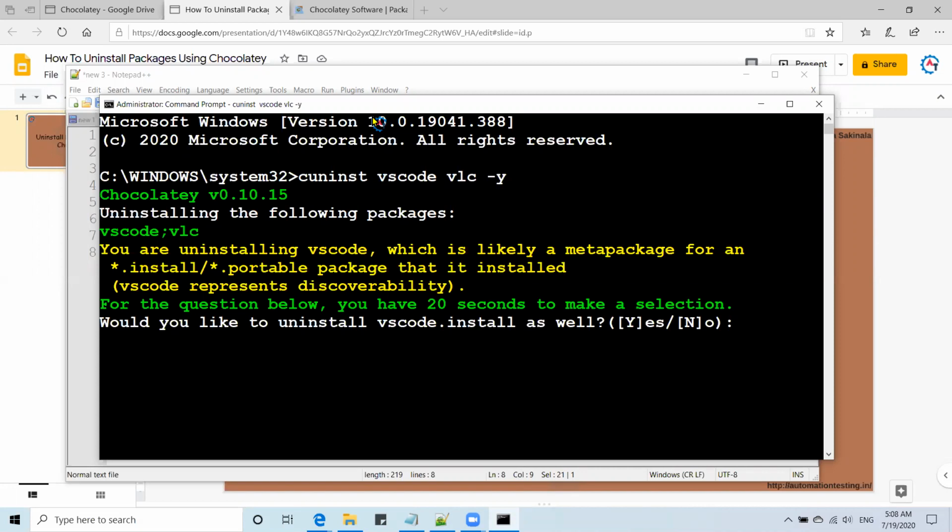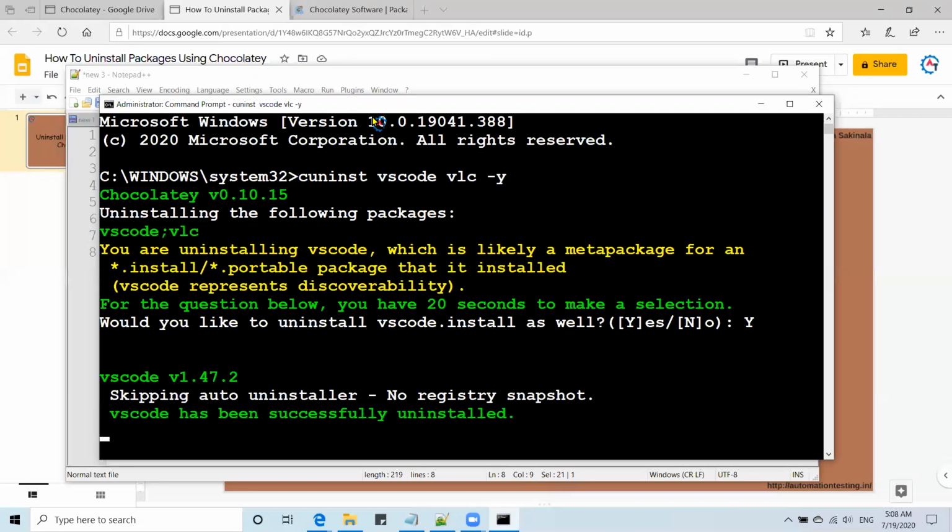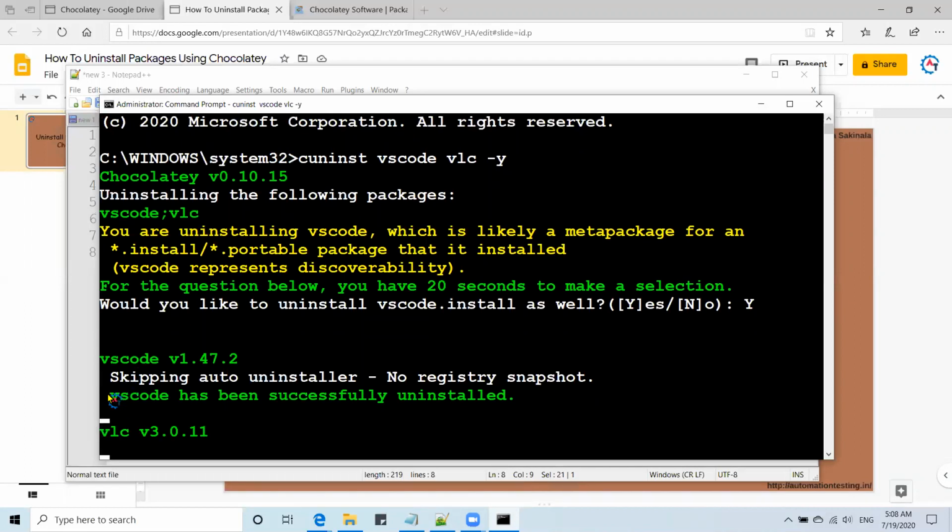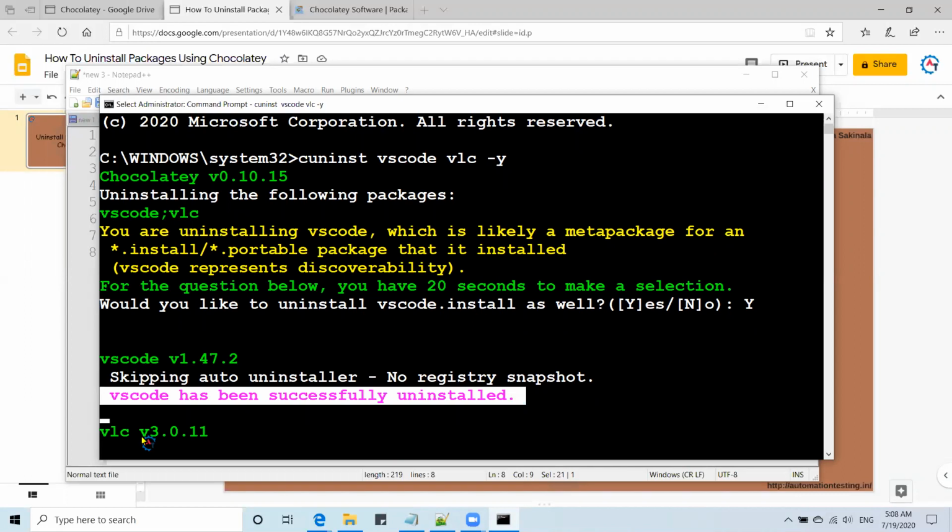It's still asking, would you like to uninstall? But when I see the documentation, it is something like that. Whatever it may be, our intention is to uninstall multiple packages. You see that VS Code has been successfully uninstalled. Now it is VLC.